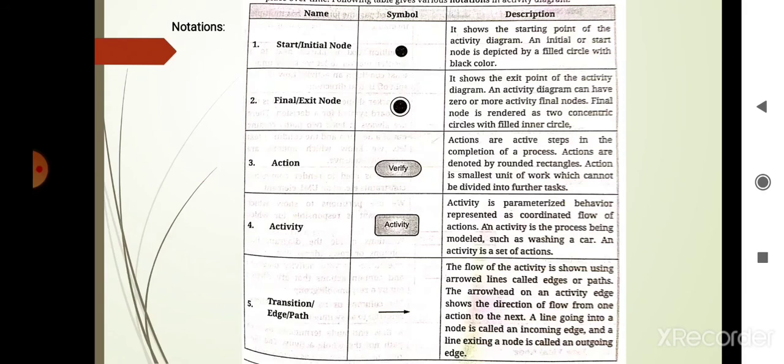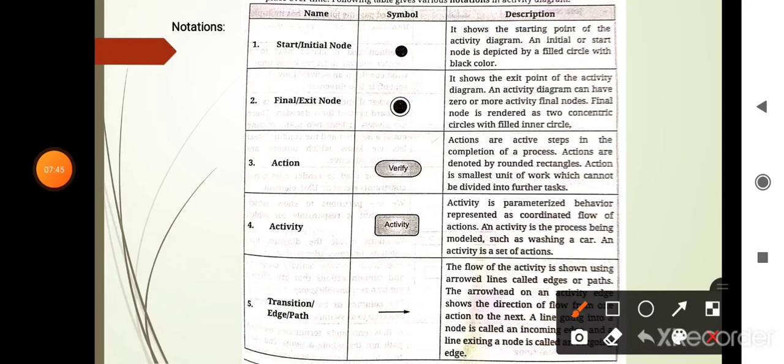Here are the various notations used in the activity diagram. First is the start or initial node. The filled circle is the symbol for the initial state or starting point. It shows the starting point of the activity diagram, and the initial or start node is depicted by a filled circle with black color.